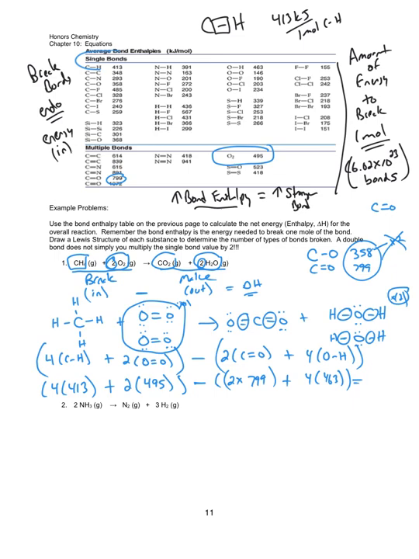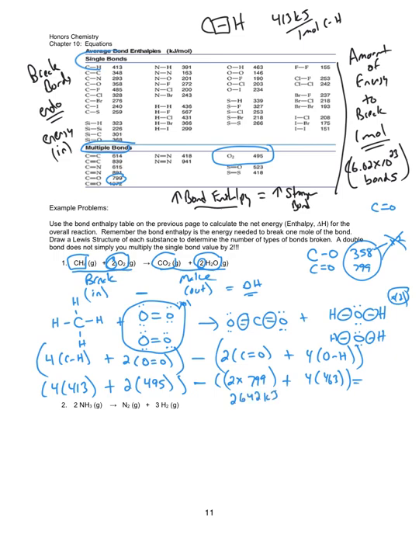It doesn't work that way. So if it's a single bond, look up the single bonds. If it's a double or triple bond, look up the multiple bonds and break the according bonds and do the appropriate math. All right, so 4 times 413 plus 2 times 495, we get